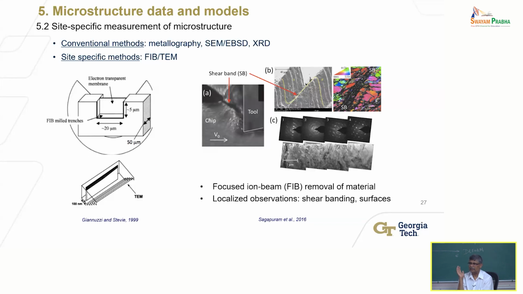But exactly how to, I can't give you an answer. Hey, if you produce this type of chip, this is the kind of microstructure you will produce. That's a harder question, a harder problem to answer, right? But yes, does the different chip formation relate to different microstructure? Probably, yes. Does that help answer your question?